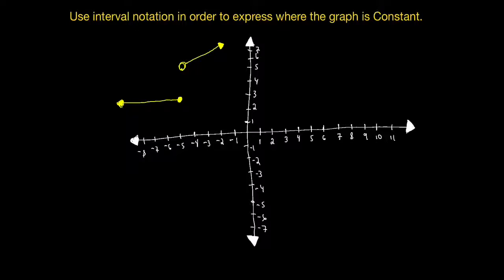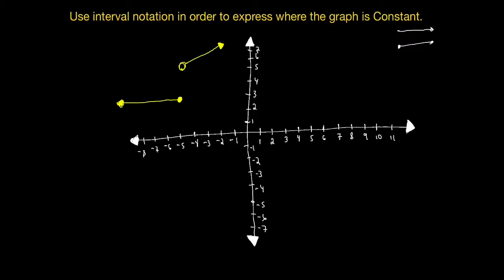Let's take a quick look at intervals where the graph is constant now. So for constant functions, if we take it back a couple lessons ago, constant functions are basically just horizontal lines or something like this as well. So for these graphs, we want to look at horizontal movements with the same key principles of reading the graph